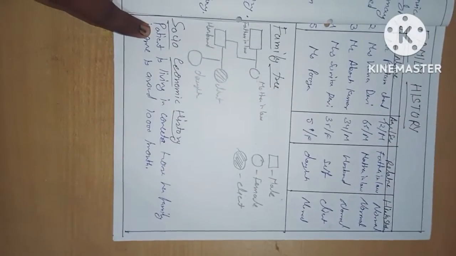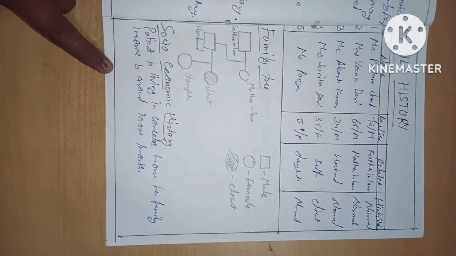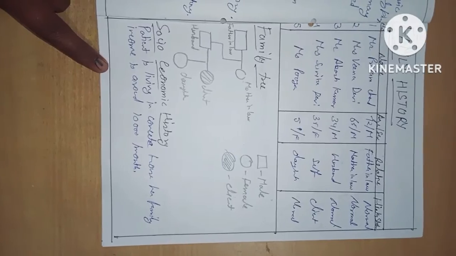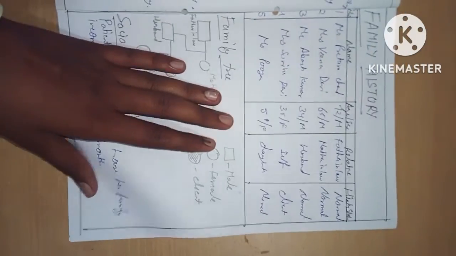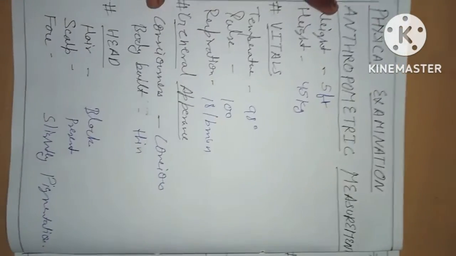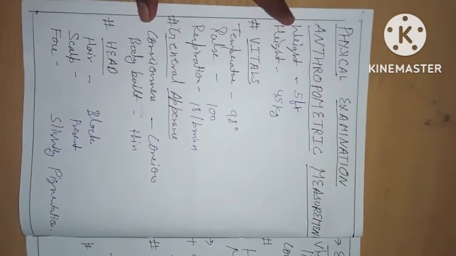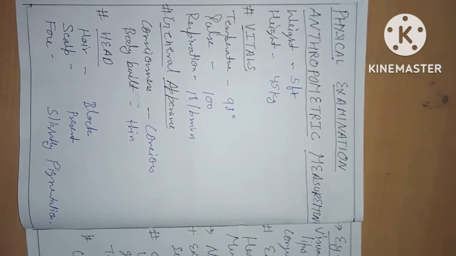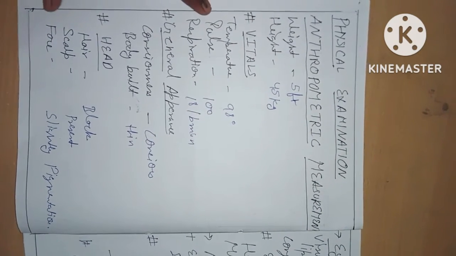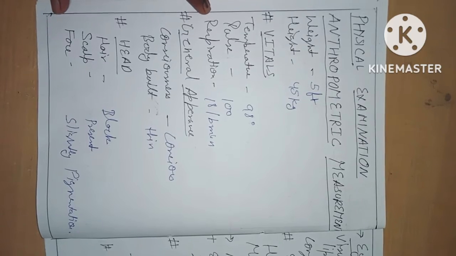Then it comes to socioeconomic history. Patient is living in a concrete house and family income is around 10,000 per month. Then next is physical examination. Anthropometric measurement. It includes weight, height, vitals, temperature 98, pulse 100, respiration 18,